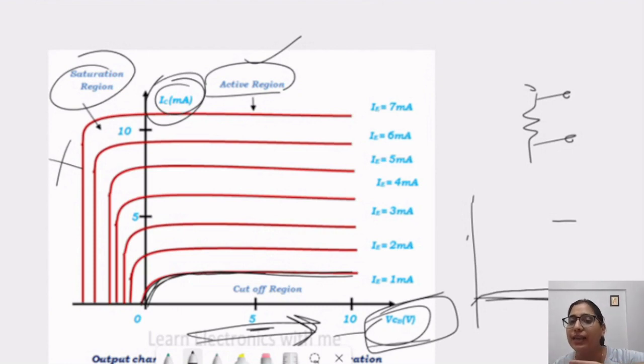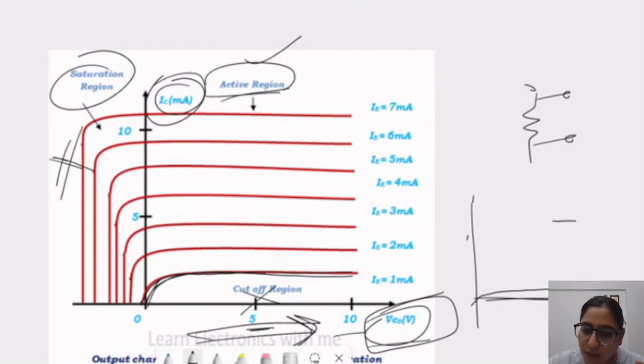The emitter is supplying the current, supplying the charges towards the collector. The collector is already in reverse bias, so if we increase the reverse bias, it is not changing the collector current that much. Okay, so this is the working of the transistor in the active region, and this is the output characteristic of common base configuration. So what is happening in the saturation region? The transistor works as a short circuit, so we are not considering it here.